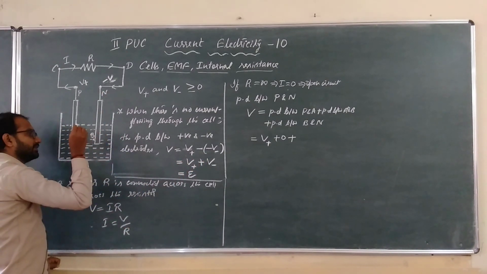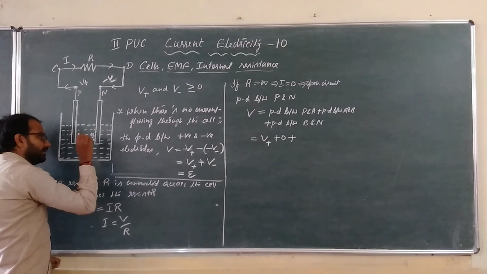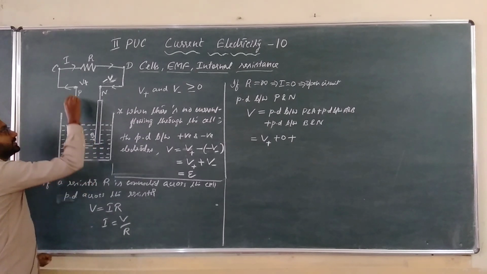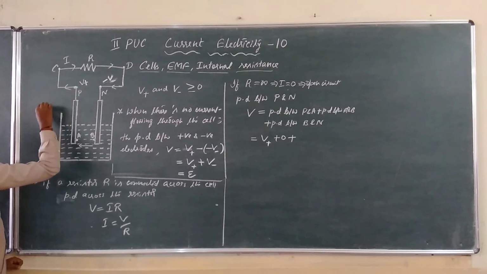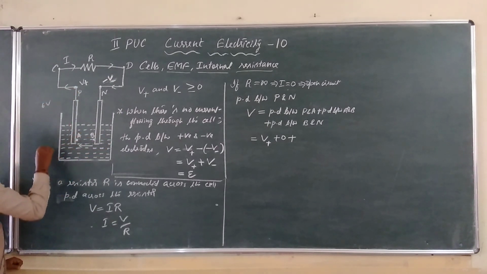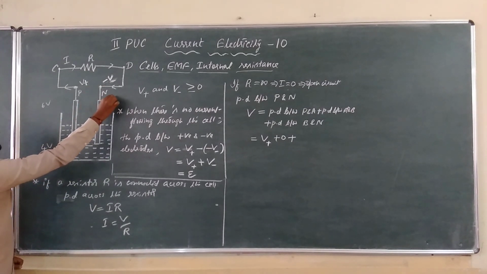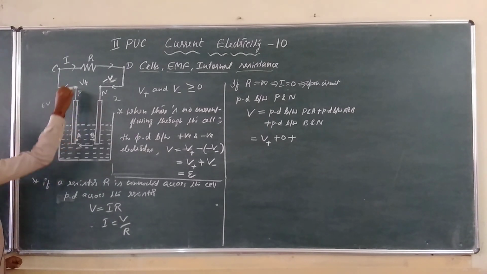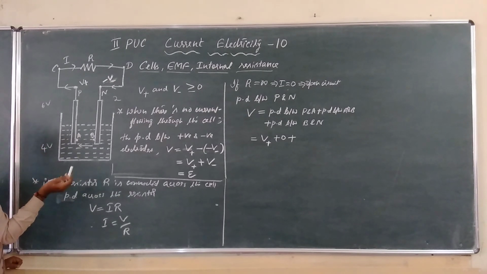Now, what is the potential of B with respect to N? That is the potential difference between B and N. That should be positive. Say, for example, the positive electrode has some potential, say 6 volt. Say the solution has some potential, 4 volt, and the negative electrode has some potential, 2. Then the potential difference from P to A is 6 minus 4, that is 2.